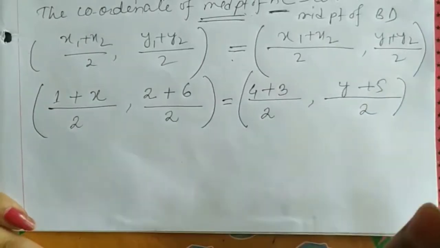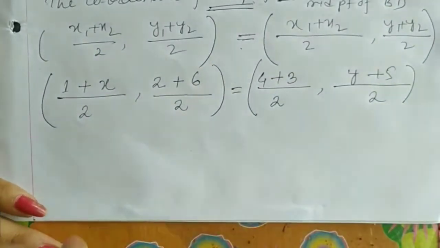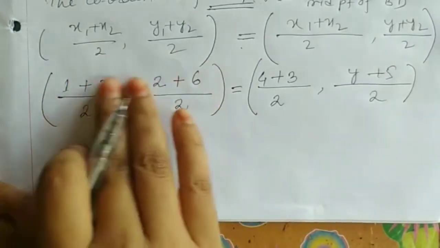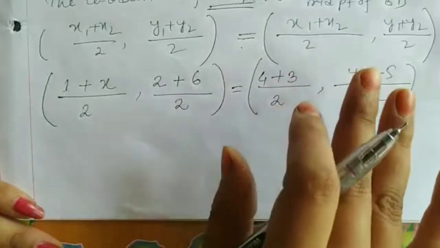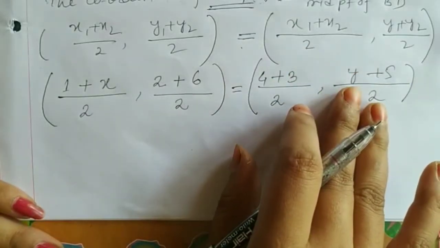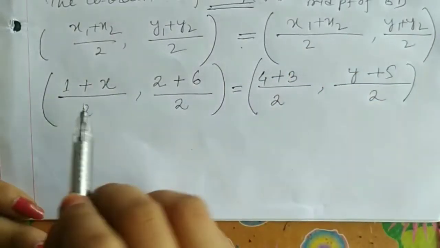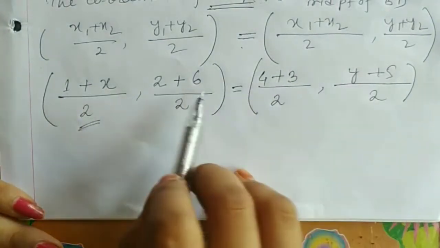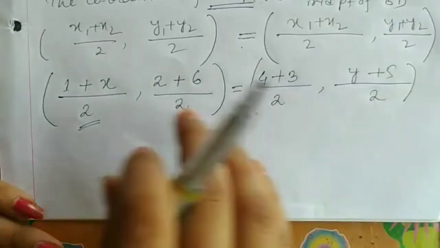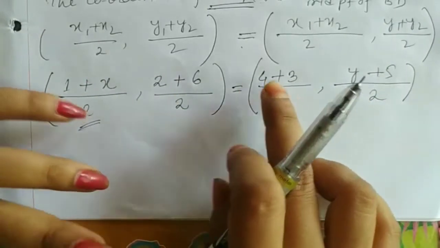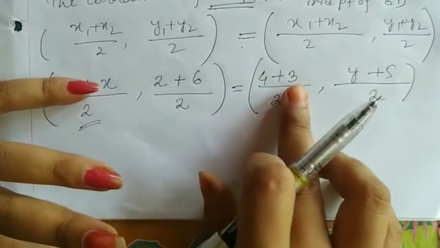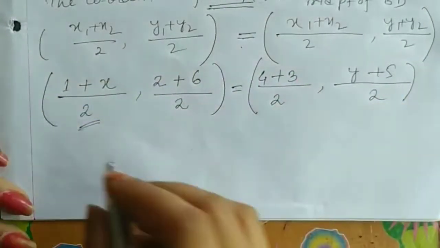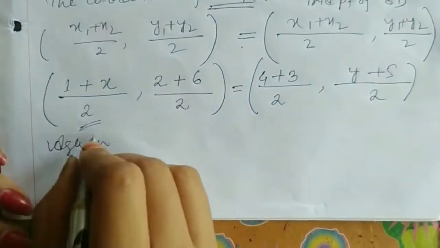divided by 2. Okay, one is done. Now what will we do? One is the AC coordinate. For AC and for BD, the coordinate of point O is the same. Here this one is x coordinate and this one also x, and this one y and this one y. So we can write x equal to x, this one equal to this one, obviously, since this one is x and this one is y, so this one equals to this one. So again we can write